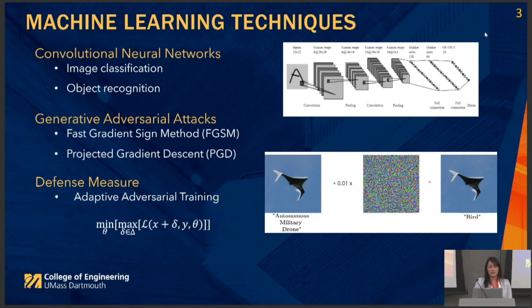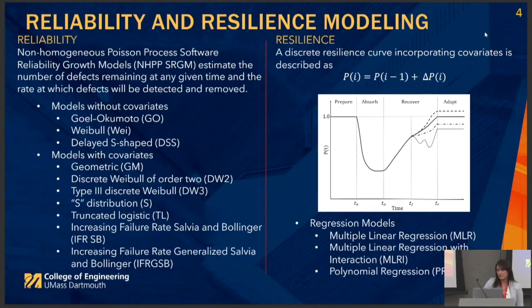So we also consider one defensive measure that is well known as well. It's called adapted adversarial training, in which we retrain the model every time that new data becomes available. And we also include adversarial attacks in the training, so the model can also learn what an attack is and what it should ignore and not consider as a real image.